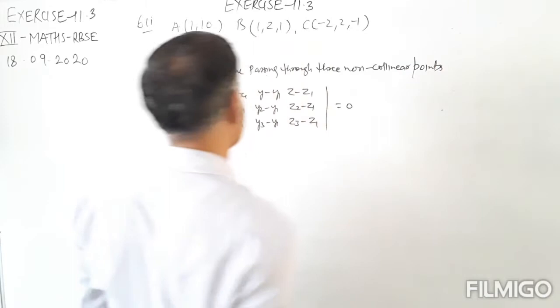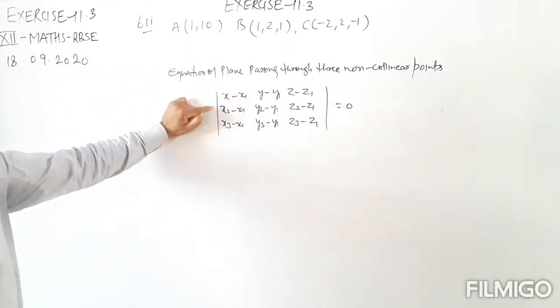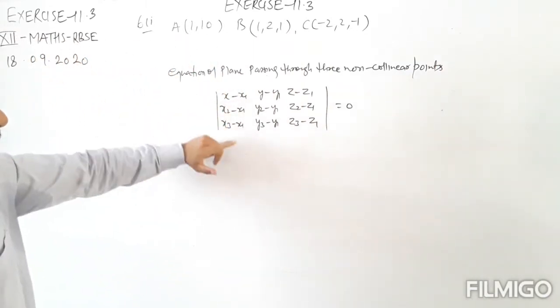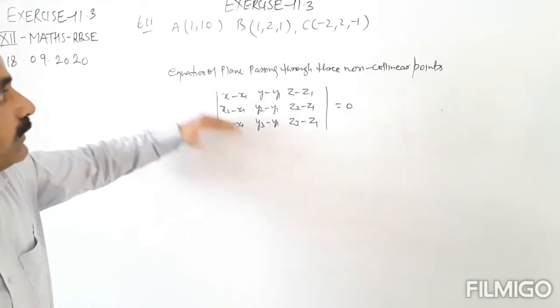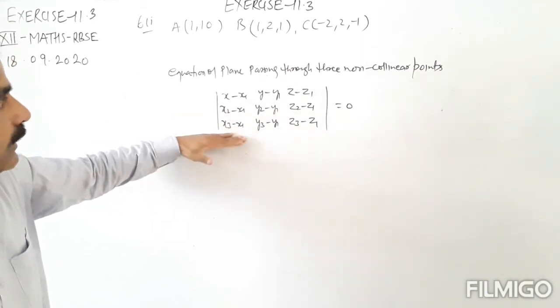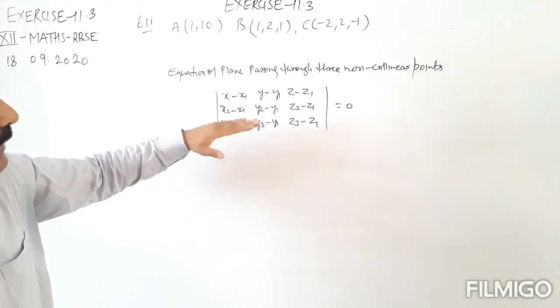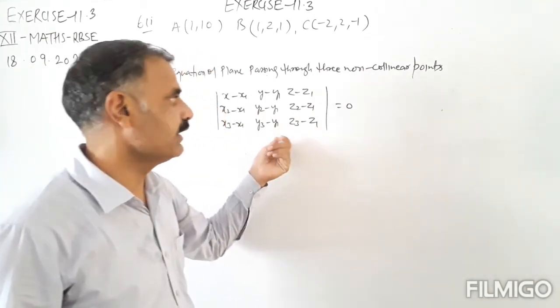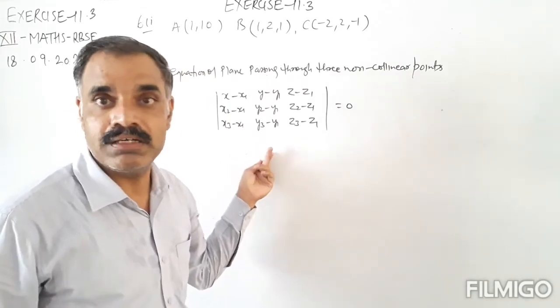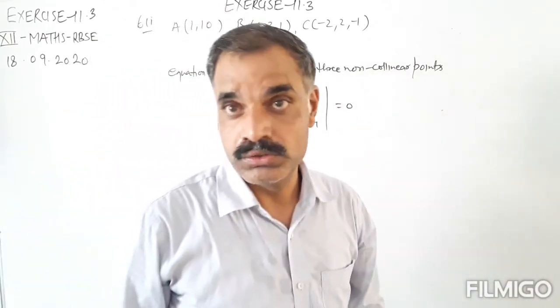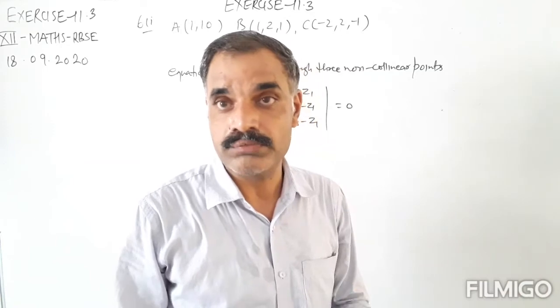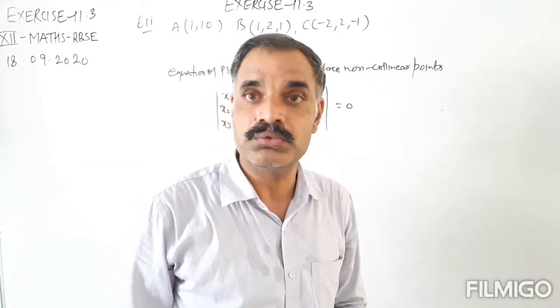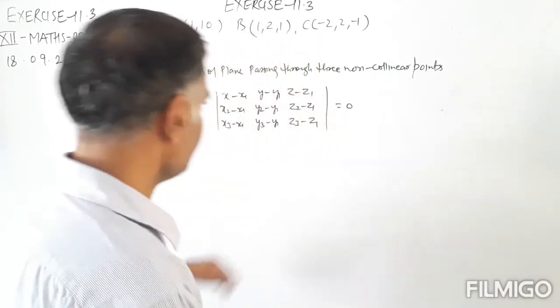Okay, is equals to the determinant x minus x1, y minus y1, z minus z1, x2 minus x1, y2 minus y1, z2 minus z1 and x3 minus x1, y3 minus y1 and z3 minus z1, and this is equals to 0. So putting the values of x1 y1 z1, x2 y2 z2 and x3 y3 z3 here